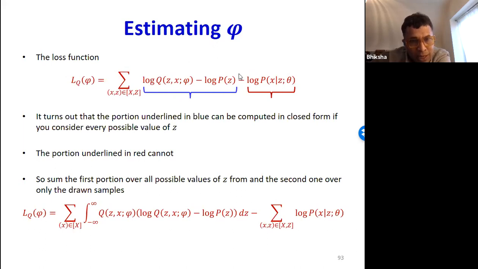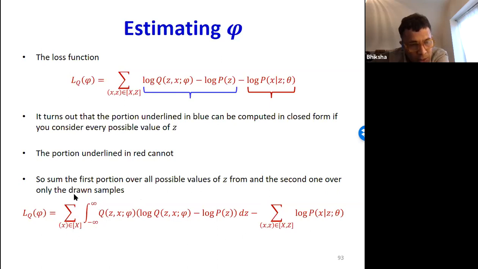But for this guy alone, instead of just focusing on the samples that I have drawn, I can imagine that I have drawn every possible value of z. And if I assume that I've drawn every possible value of z, then the summation for this component of it ends up being an integral over z.